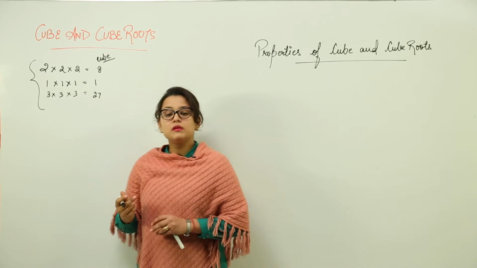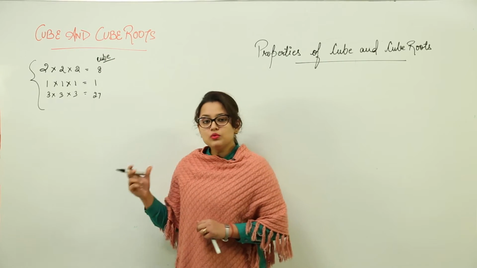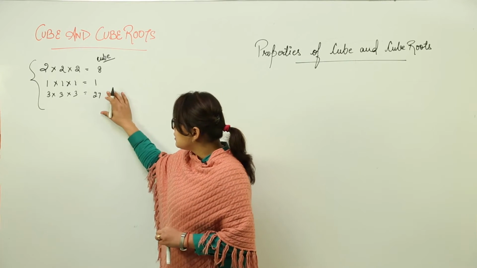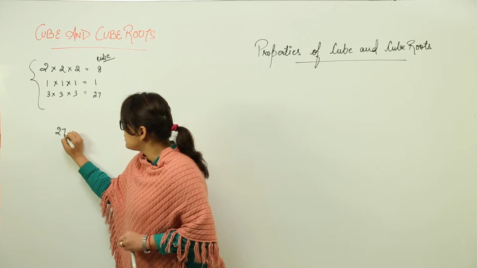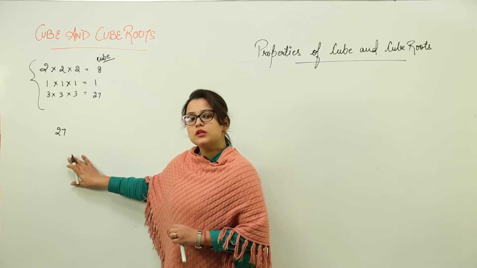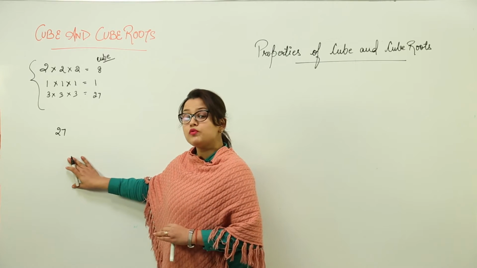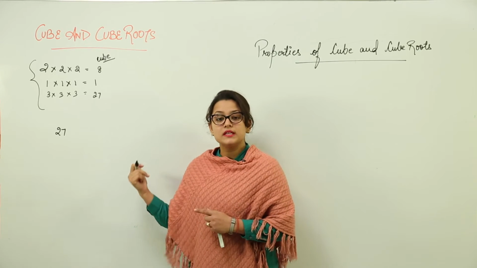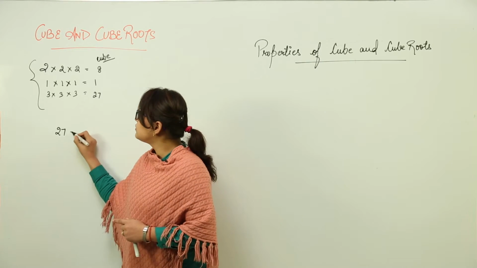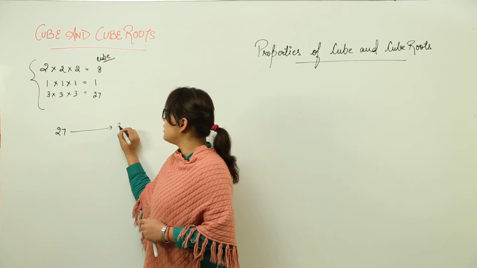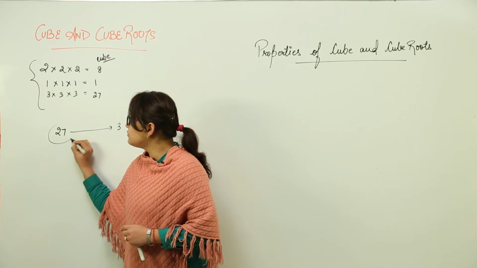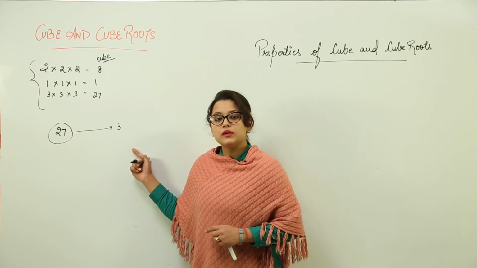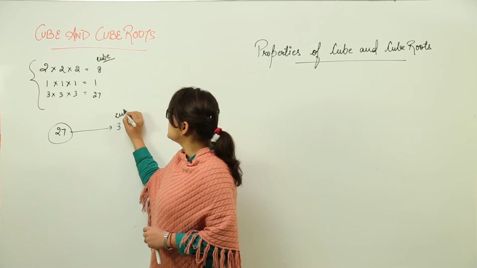Now what do you mean by the word cube roots? Cube roots are the, say I am writing over here 27. What will be the cube root for this? The cube root for this would be which number was multiplied 3 times to get this number. That was 3 as we have seen earlier, right? So the cube root of this number is equal to 3. So this is known as my cube root.